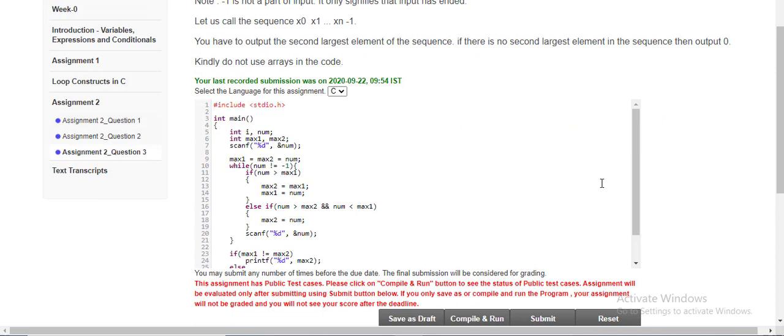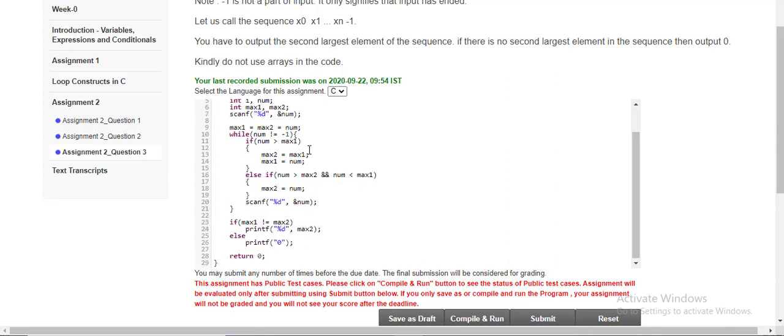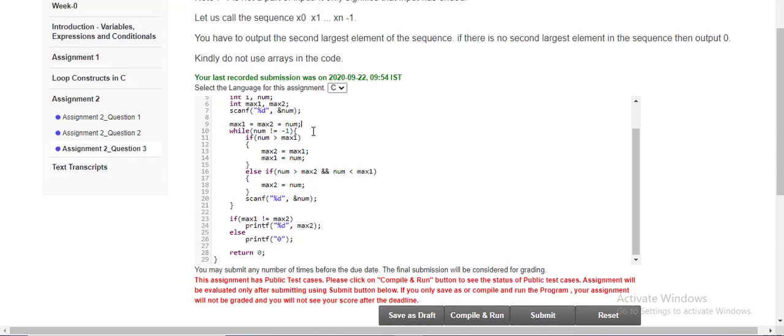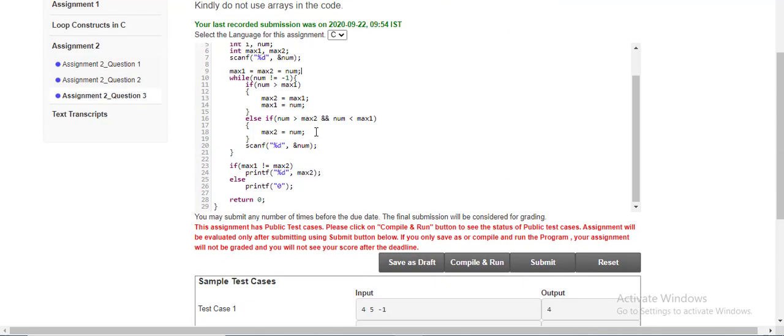So how can we find that? First of all, we have taken the input number, which we will take from the user, and max1 and max2 variables, and we have assigned the number to max1 and max2. After that, we need to check if the number is not -1, and if it is -1, then we need to stop.